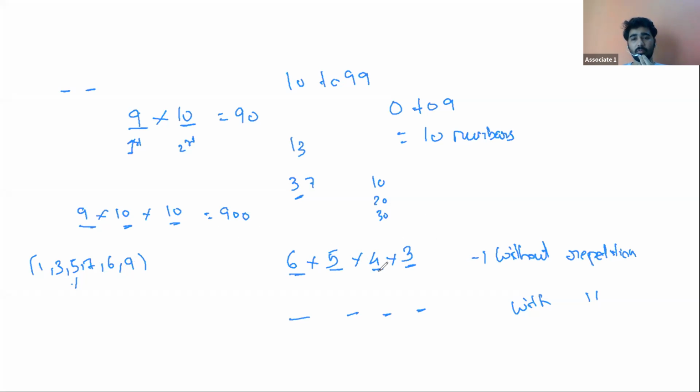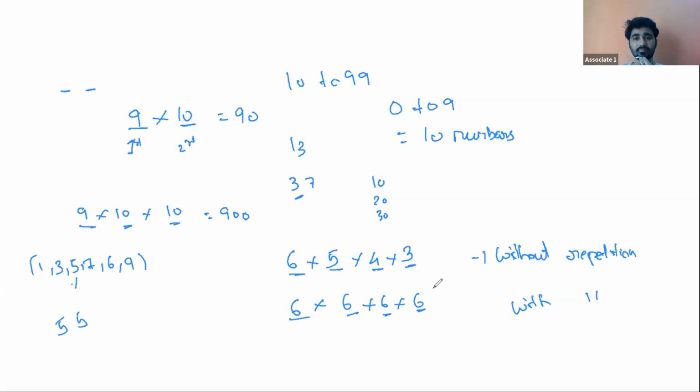So these are the total number of ways in which you can create a 4-digit number using these numbers 135769. Let us look at what happens when repetition is allowed. When repetition is allowed, for the first digit, you can have any of the 6 numbers out of 135769. For the second digit also, can this number get repeated? For example, you have 5 in the first space. Can you have 5 again? Yes, you can, because repetition of numbers is allowed. So again, you'll have 6 possibilities. For the third space, again 6, and then again 6.